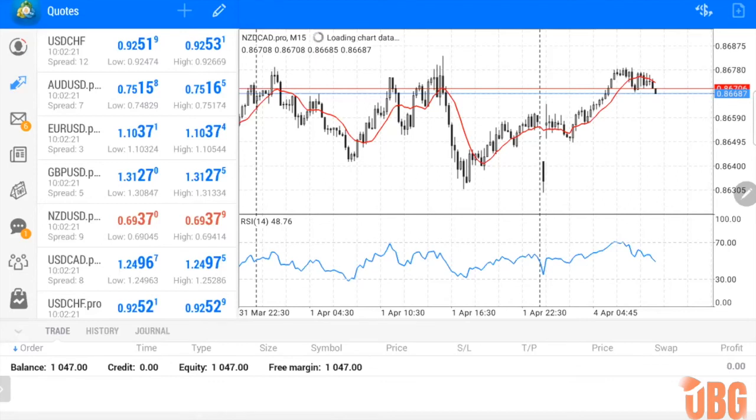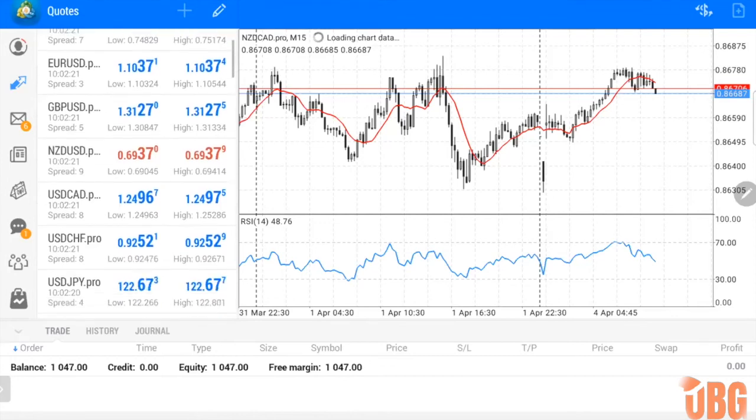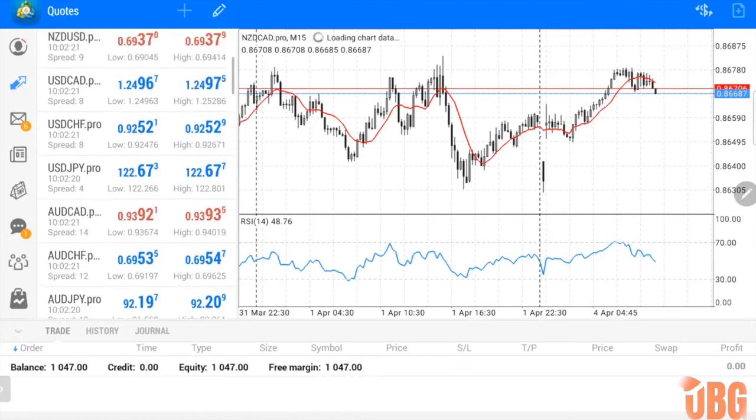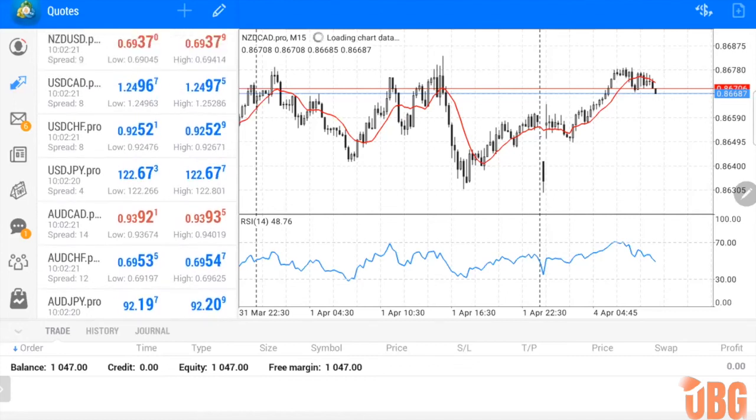Once you add all your Forex Major Pros, drop a 1 in the chat for me. This is what it's going to look like. It's going to look something like this. Bunch of pros right here. Now we got that. We're going to go to Forex Pro Cross. Cross pairs, crosses. Add all of those. Once you add all of those, drop a 1 in the chat so I can continue,